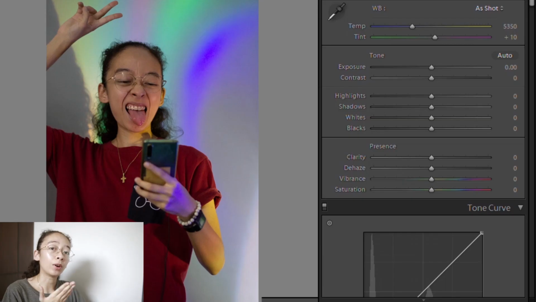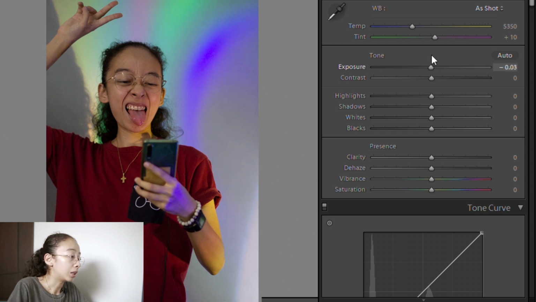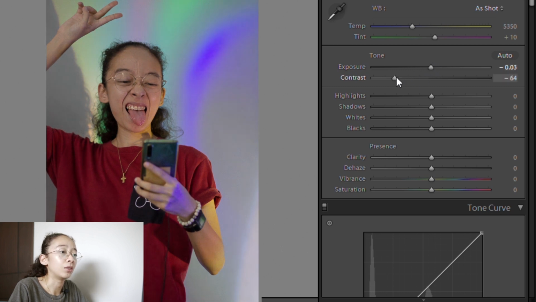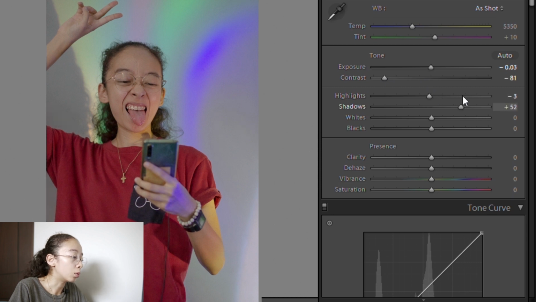Now let's go to the desktop. This is the photo from Sony a6000 that I will edit. We will have a different approach here, so let's go. I'll set the exposure to -0.03, contrast to -81, highlights -3, the shadows, let's make it 63 so that some parts will be more visible and not overshadowed. Whites to 40, blacks is